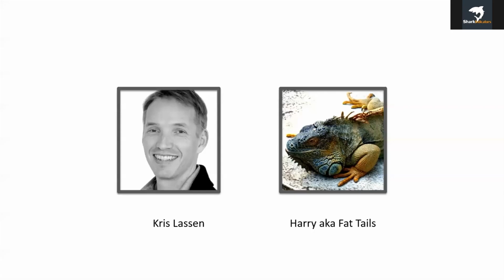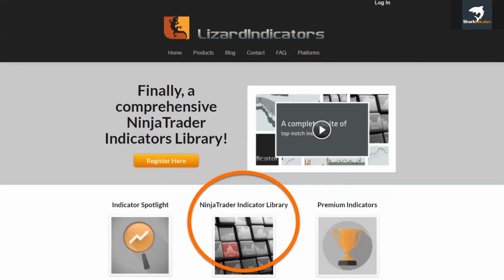If this is your first presentation with us, we're a team of two, and that's me to the left here, Kris Lassen, and our market lizard to the right, Harry, also known as Fat Tails. As Keith mentioned, we joined forces 6-7 years ago, and since then the library here has become one of the most widely used resources in the NinjaTrader community. That's where traders can test a variety of open source indicators to see what's a good fit without losing your shirt. Close to 150 trading tools in there, all available for a one-time flat fee of $150. That is a great place to start,